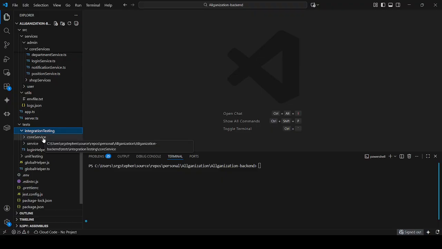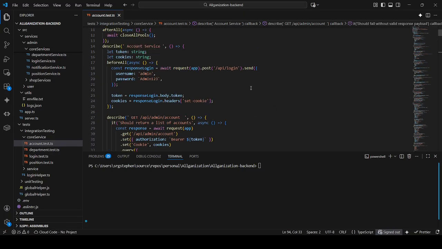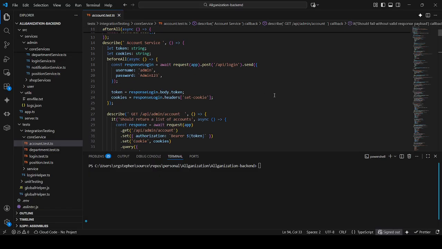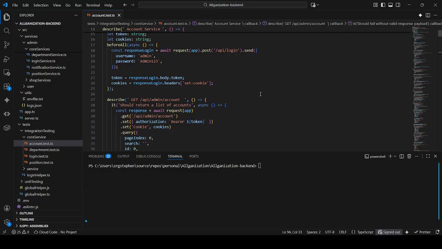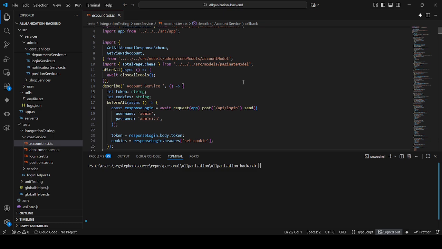I call it integration endpoint since, as you can see, I don't have mux here. If I do have mux here, I will call it an API test. But since there's no mux here, there's no partial integration here, so I call it integration test. Integration test is I use just here